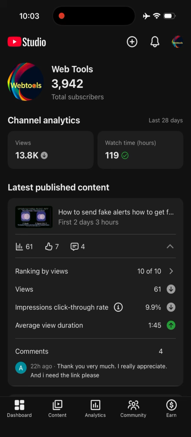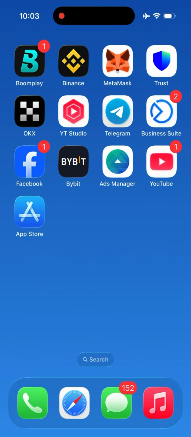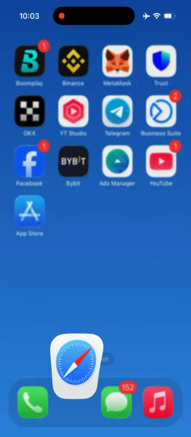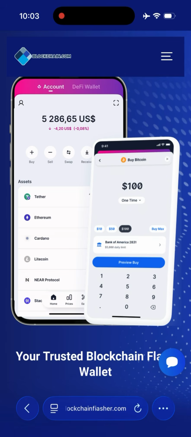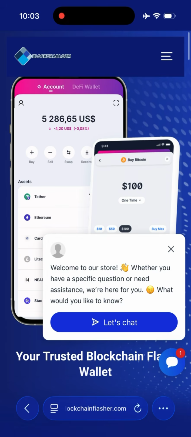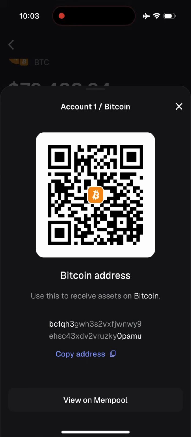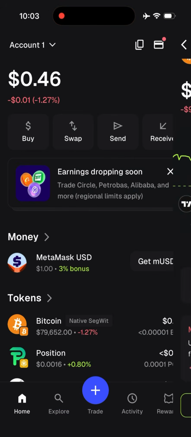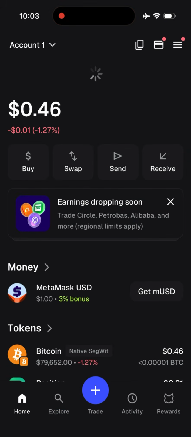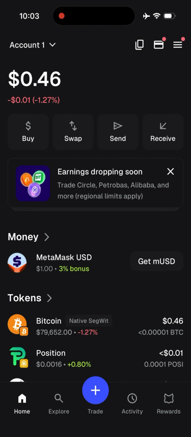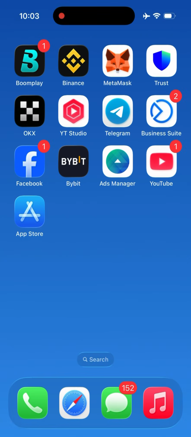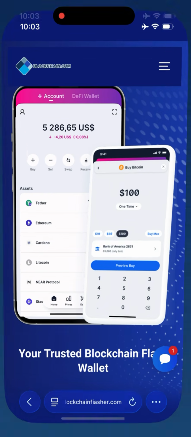In today's video, I'll be showing you quickly how to use the blockchain flasher software to generate Flash crypto to my MetaMask wallet. Let me log in to my MetaMask wallet so you can see the amount we're having. We don't have any amount in the wallet yet, so with that being said, let's go to our blockchain flasher software and